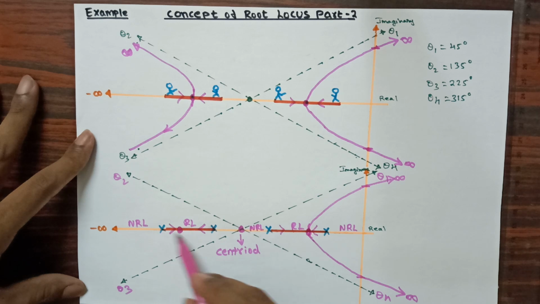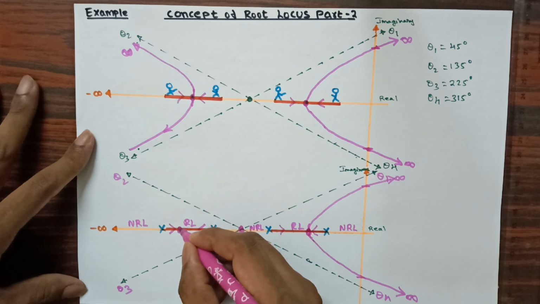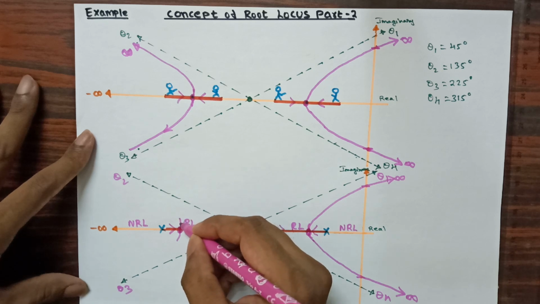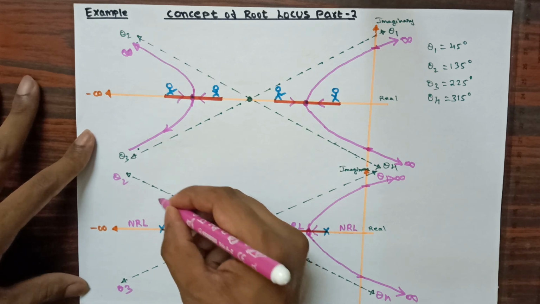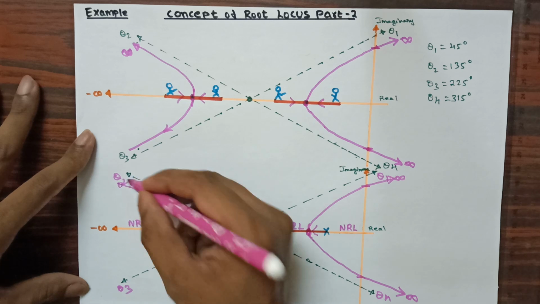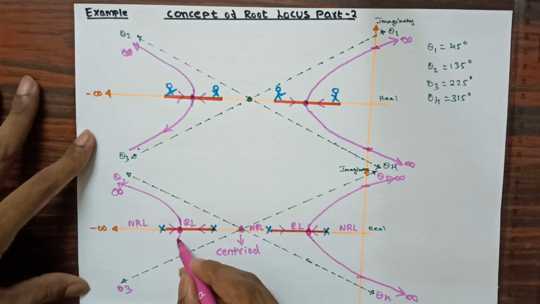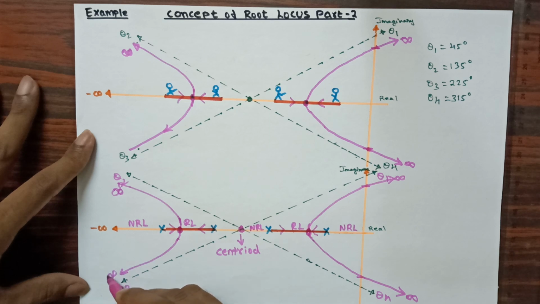In the same way these two poles also, this pole will come in this direction and this pole will come in this direction, and they come out. I am getting here the second breakaway point, and by looking at this angle, this pole will try to move towards infinity, and then this pole will observe this angle and will approach towards infinity. So now you can see that both the poles have reached the infinite destination. So these are nothing but the root locus, and you can see these are symmetrical loci.